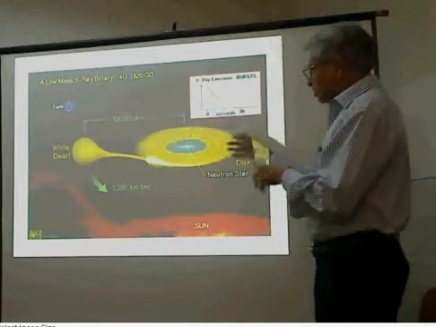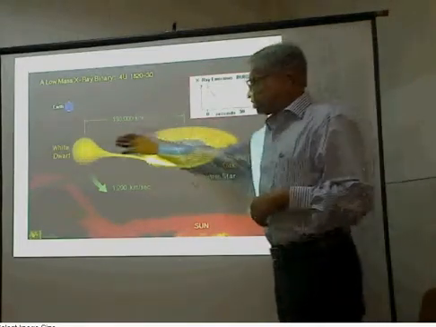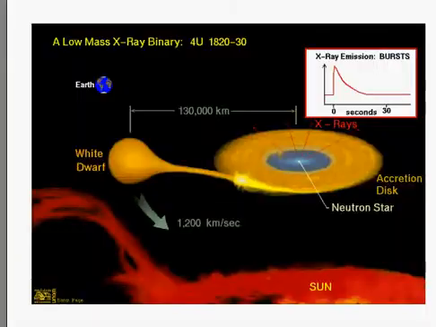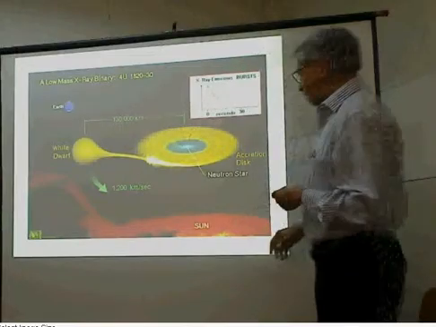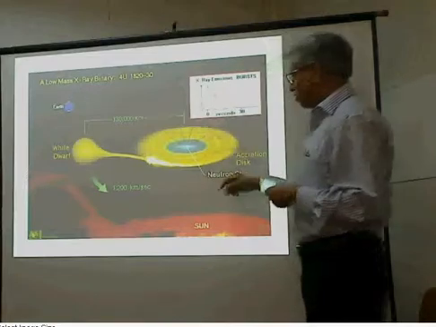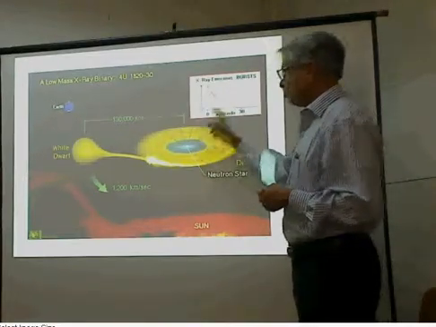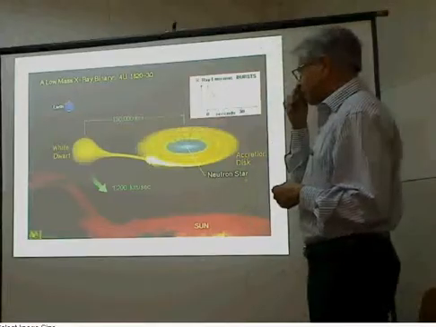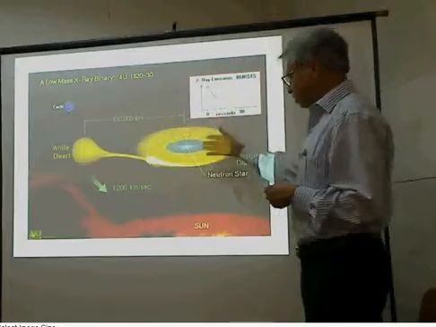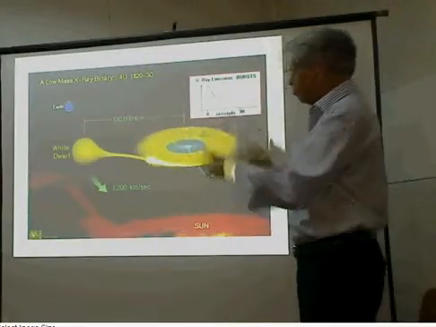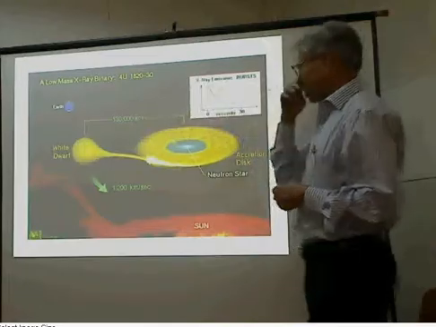And the distance between the center, you can see between the neutron star and the white dwarf, is less than the distance we have between the Earth and the Moon. It is only about 130,000 kilometers. Okay, and the accretion disk is formed as in the case of Centaurus X-3, and you have the X-rays which are coming from the magnetic pole. And for comparison, I'm showing you here the size of the Earth. So you can see we are talking about production of energy which is about 10^34 to 10^35 ergs per second from this particular star, which is in such a small volume, comparable to a few times the size of the Earth. Next.